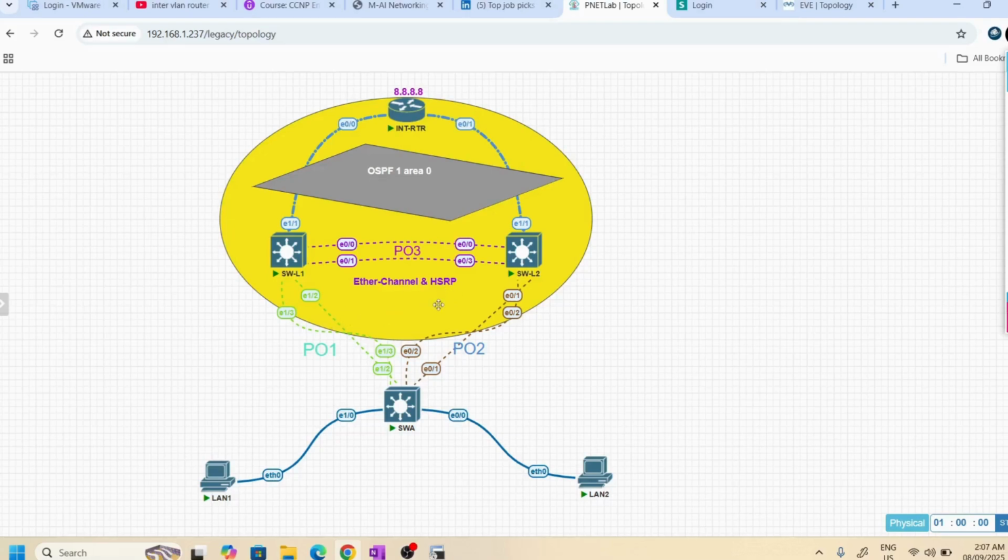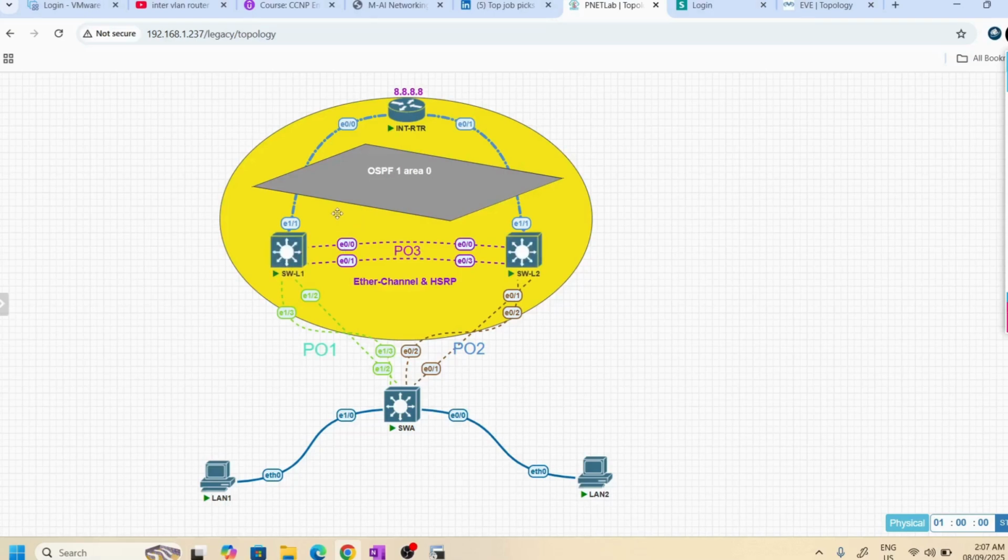So HSRP works here if somehow the uplink of this towards the internet router went down. This area is all okay, but if this link goes down, then what will happen? Traffic will be impacted. The same thing will happen, right?